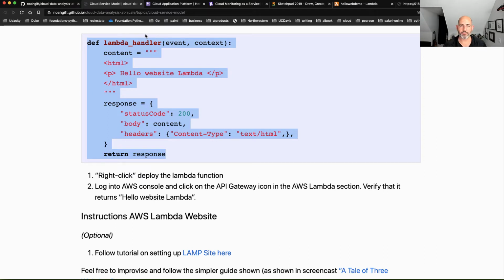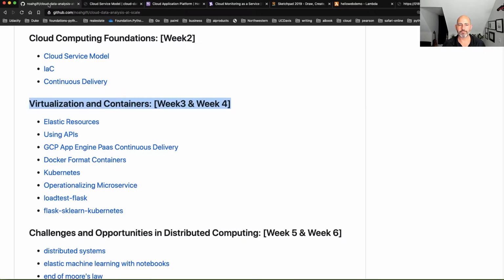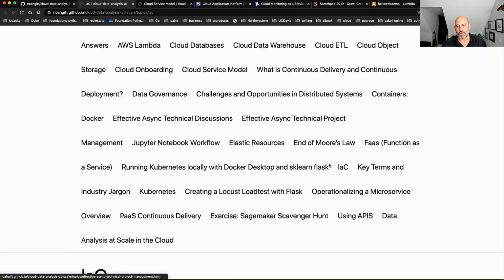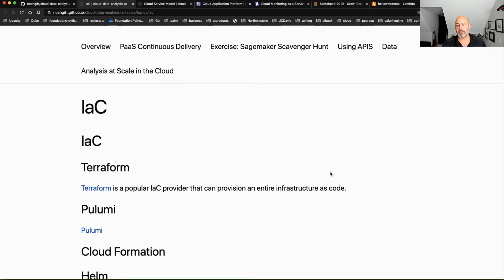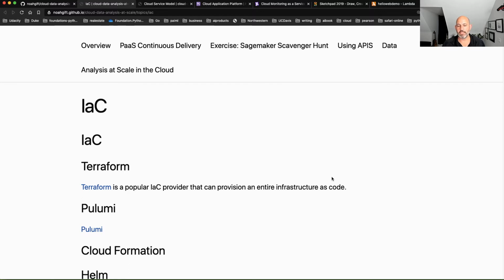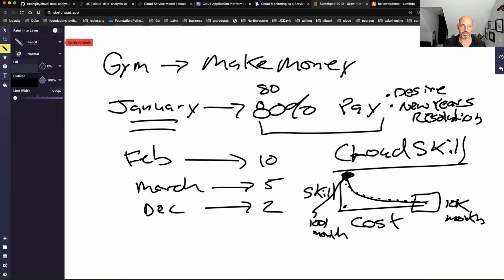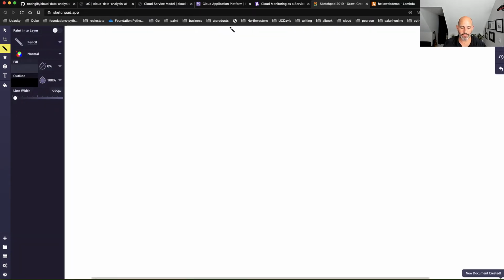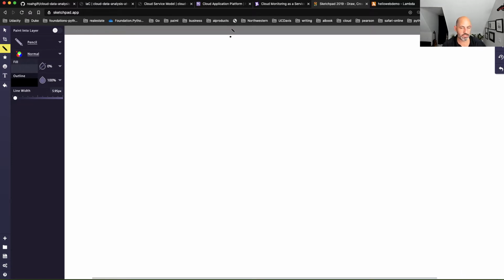Okay, so that's really the service model. Let's talk about infrastructure as code a little bit here. Infrastructure as code is a pretty interesting topic, and in particular, let's just whiteboard what it is and why would you care about it. Infrastructure as code is a big topic because of the fact that something somewhere has to wire everything together.